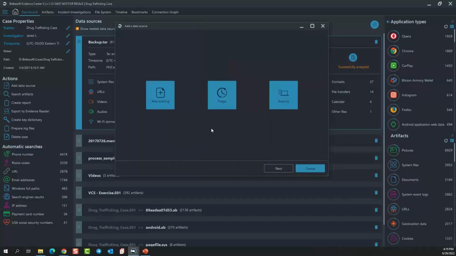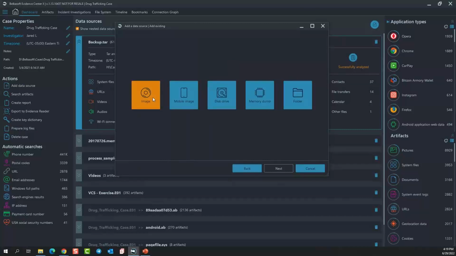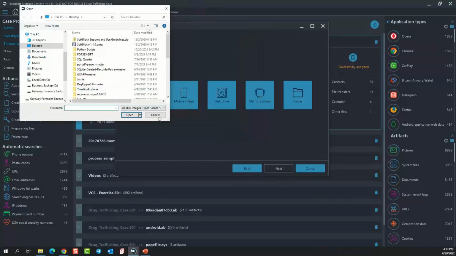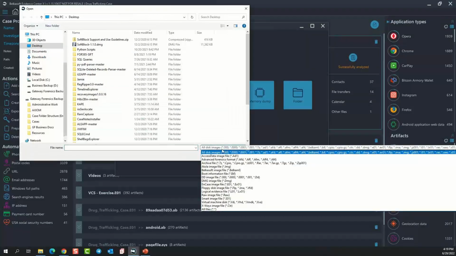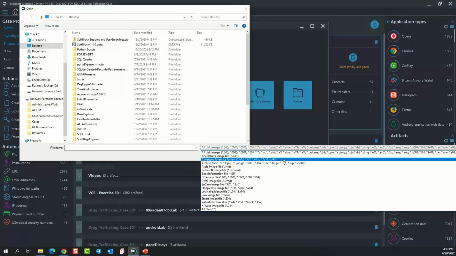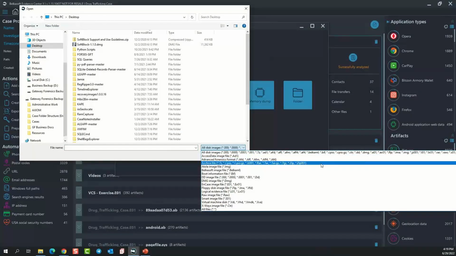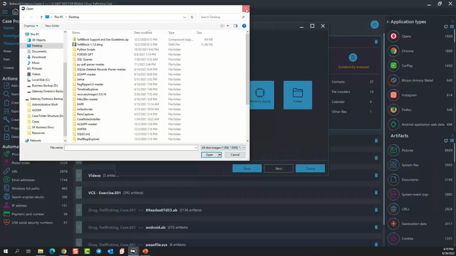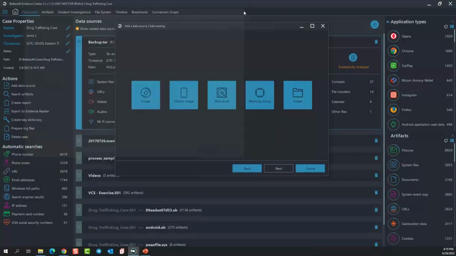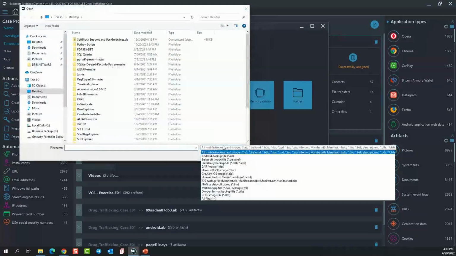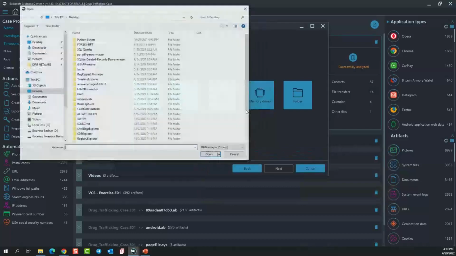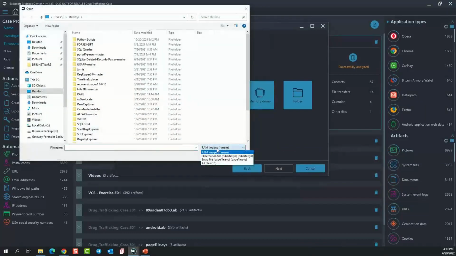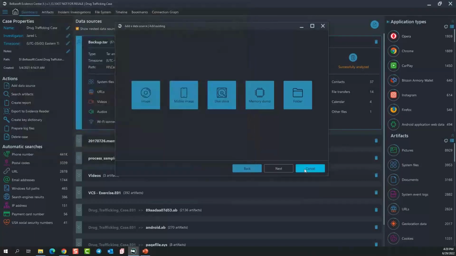Okay, now say I've acquired a system image or something with another product. I'll go to Add Existing Image, and then it's going to bring up this little browser Explorer bar for me. And looking at this list here, you can see all the different types of images that are supported to be loaded within Belkasoft X. So it's kind of a we play well with others here. Same for mobile images, all the different types of mobile images that are supported. And memory dumps, we support .mems, page files, and hyperfil files. So that is how you load your evidence